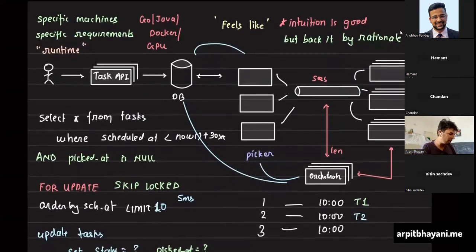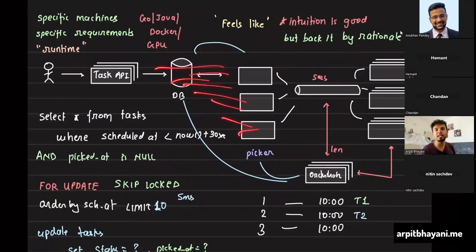So now your job of picker is to continuously pick the task from this database and put it into SQS. The job of these workers is to just pick from SQS and start executing. These are specialized machines. Now you can add multiple queues over here, one for each type of task, with the picker putting them into particular queues. Add more components to the system, and the more complex it becomes. But this is the heart and soul of building a system which maintains a very strict SLA. First, measure what matters, and then take actions according to that. Right? So build that observability in depth before you just add boxes. Rather, before you jump into maintaining that SLA, first understand what you need to measure.